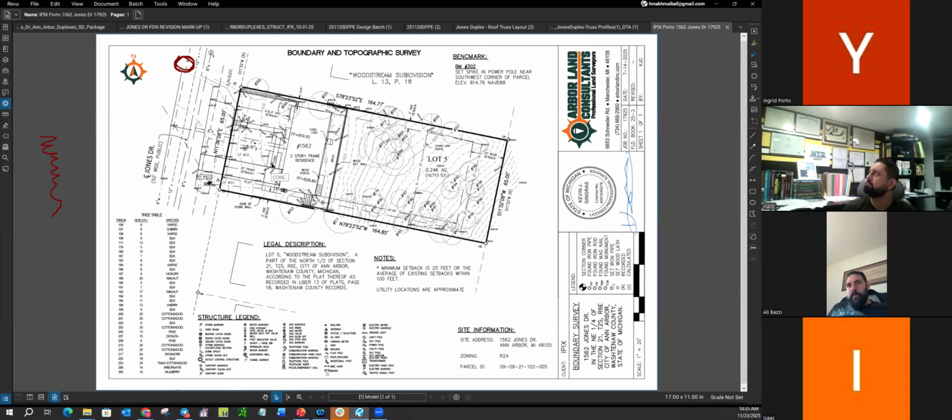I think I saw you said we can use CMU blocks. That's also what our GC talked about before. So using CMU block, how are we going to do that? Because if we don't do that, we just dig the trench and pour the trench and the slab together, right?